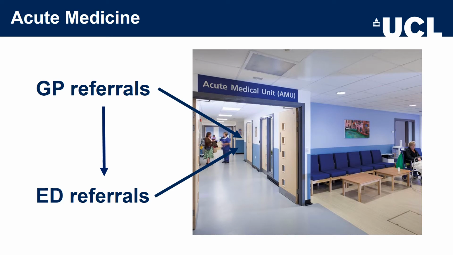So acute medicine is basically the specialty that deals with medical emergencies, and where our referrals come from is twofold. Patients can be referred via their GP directly to the acute medical team, and often this is done via email or a telephone conversation with a relatively senior doctor who can decide whether the patient needs to come into hospital or whether the patient can have a delayed referral and review or be seen as an outpatient in a separate